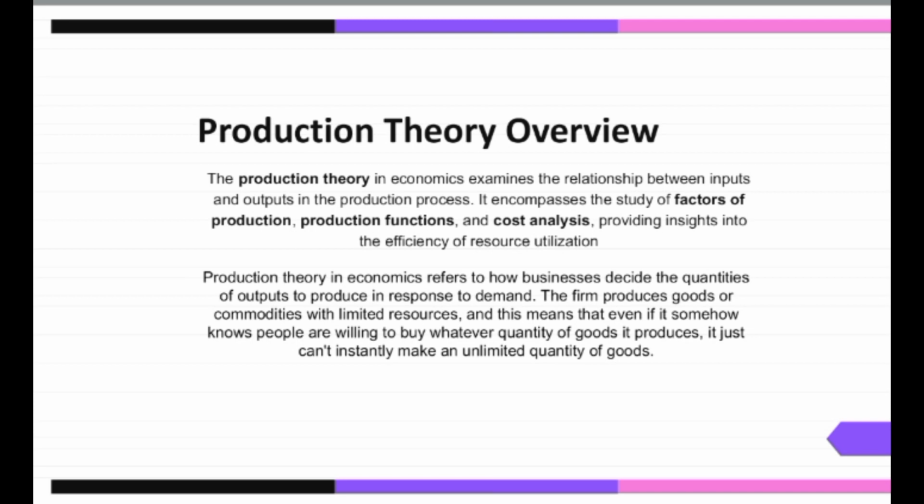that the production theory in economics examines the relationship between inputs and outputs in the production process. It encompasses the study of factors of production, production function, and cost analysis, providing insights into the efficiency of resource utilization. So, as I said before, the production theory examines the relationship between the inputs and output. Inputs. What are the inputs? Inputs are the factors of production that we use in the process of the production of any